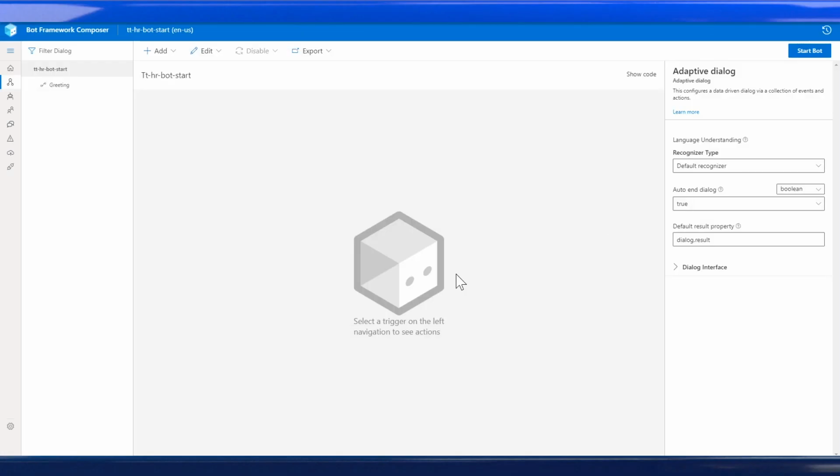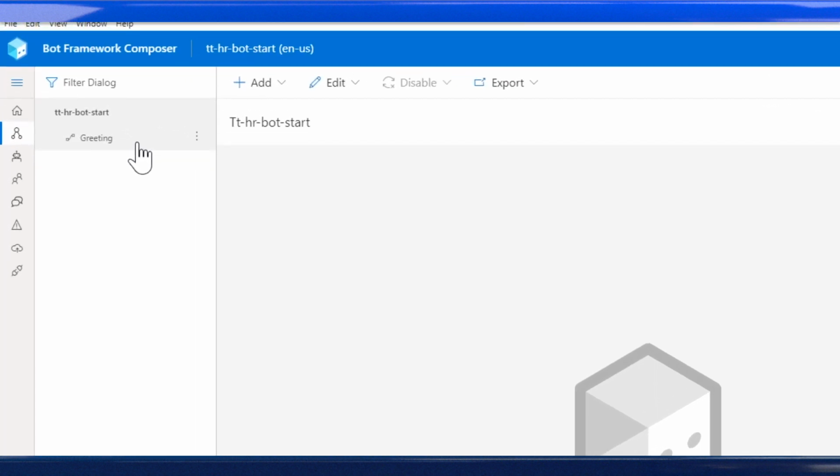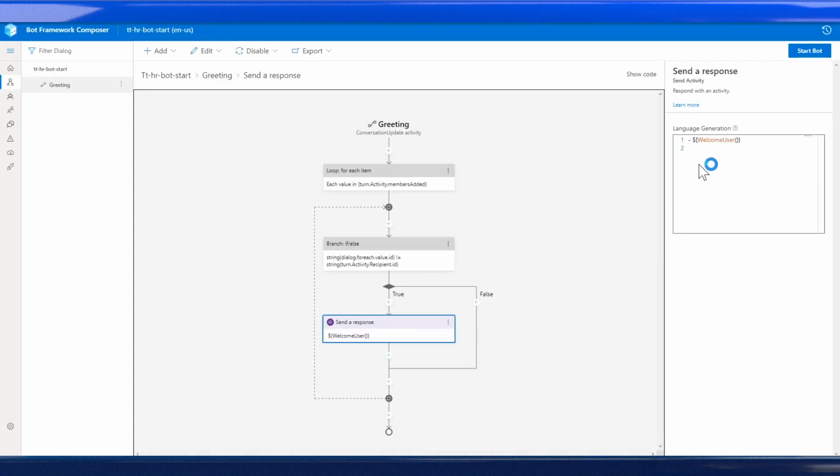In addition to the SDK, you can use the Bot Framework Composer, a visual tool for building chatbots, which we'll use in our example. It lets you accelerate the bot development process by allowing you to focus on the dialogue authoring rather than creating a bot from scratch. You'll start by creating a new project in Bot Framework Composer. On the left, you have a list of triggers, which are used to respond to external events, like a message being received from a user. Here, we start with a built-in greeting trigger, which is the bot's response to a user joining the conversation.